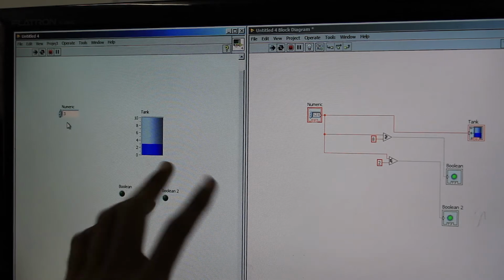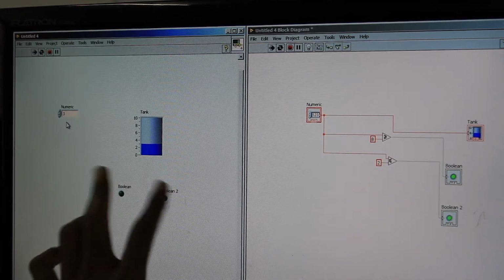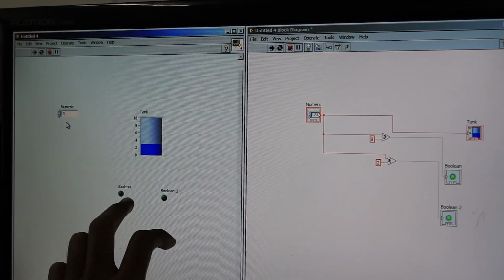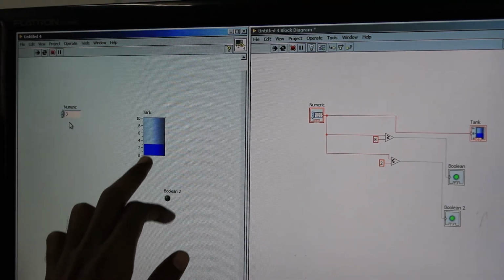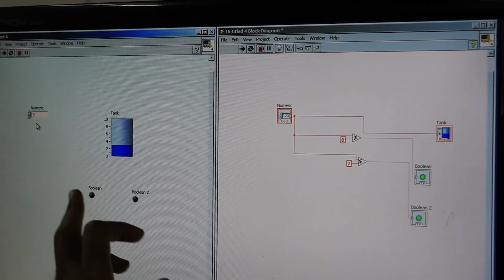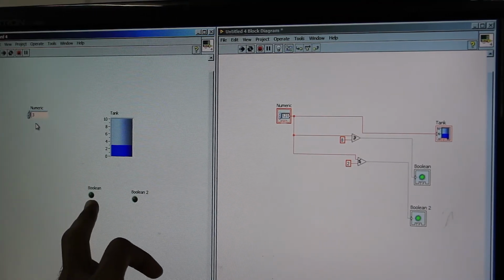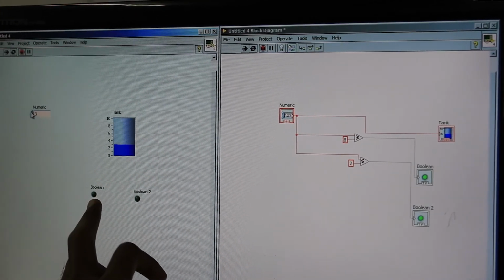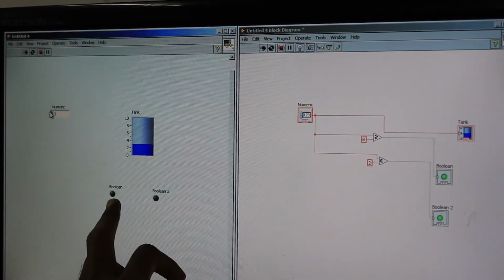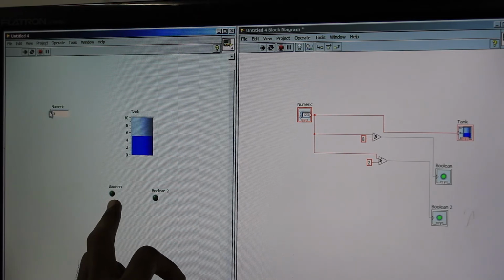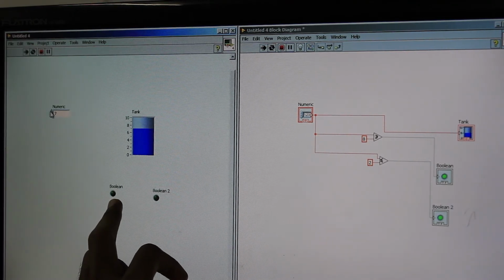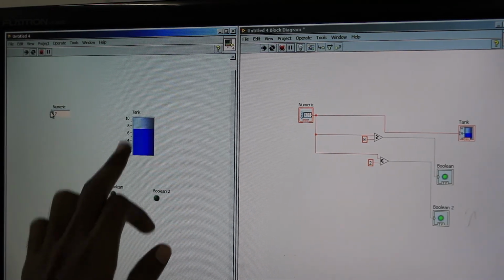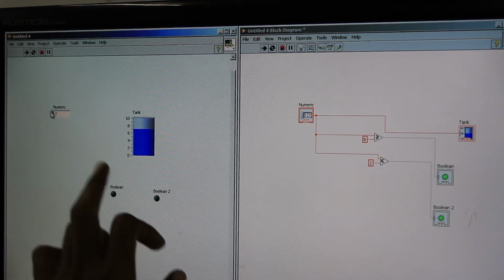So our circuit is working fine, and we need to check the other circuit, that is, if the water level goes beyond 8, the first Boolean should glow. We'll test that also. I'll gradually increase the water level inside the tank. Now the water level is 7. It hasn't glowed yet.